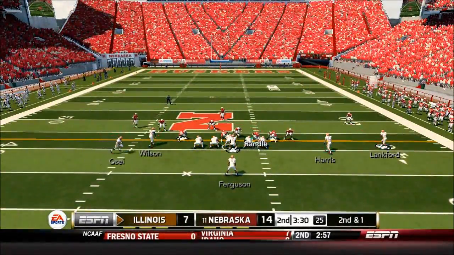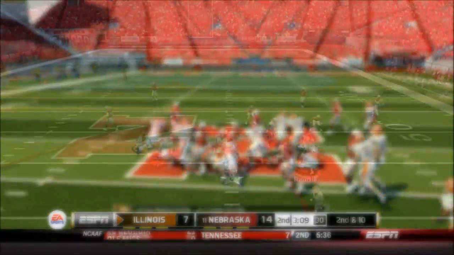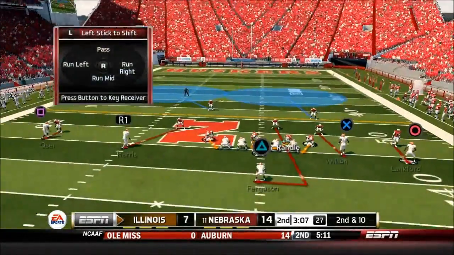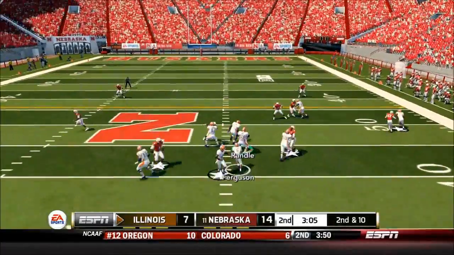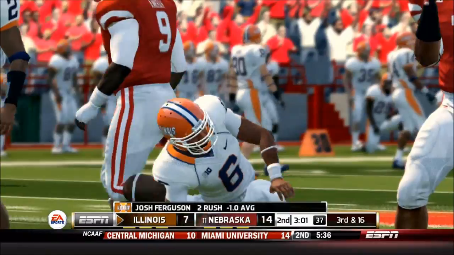So now we're looking at 2nd and 1. Man in motion for Illinois. Ferguson runs forward and gets the first down. 2nd and 10 off an incomplete pass. Or run, I'm sorry. But a loss of 6 yards right there,